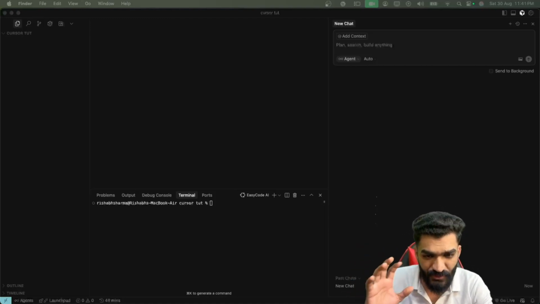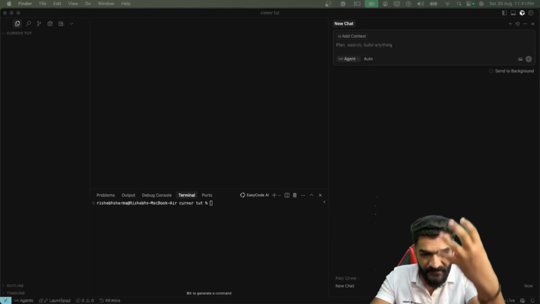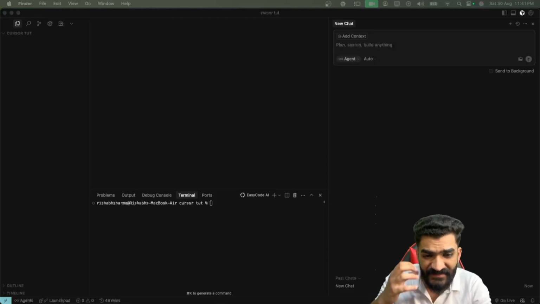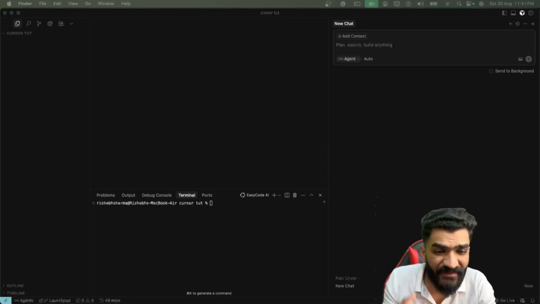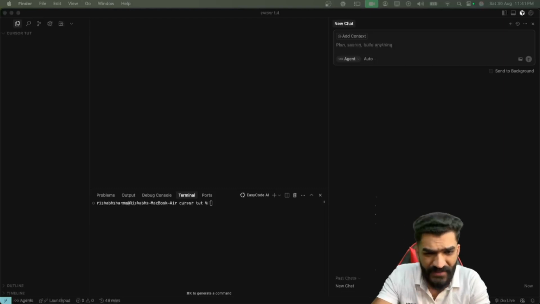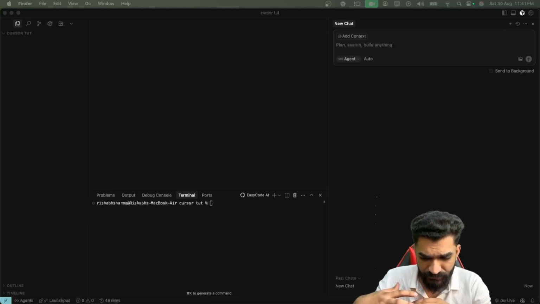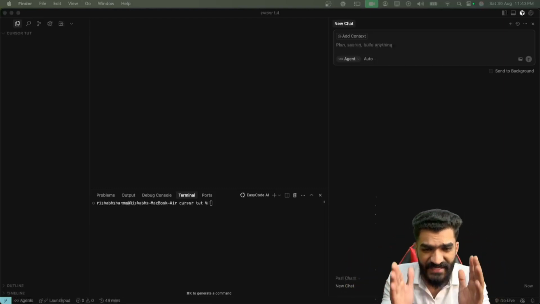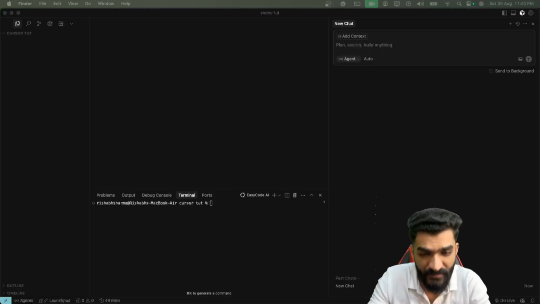You just type something, you get the complete code, and then see how to integrate it into our code. You don't have to go anywhere else. Cursor has got you all covered.